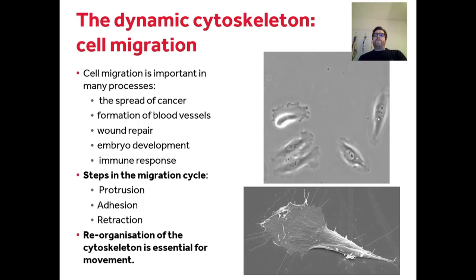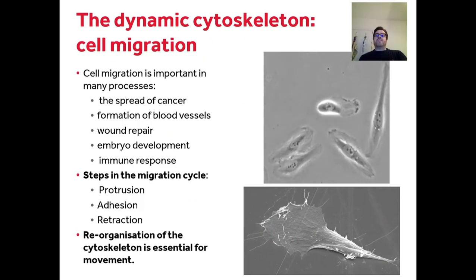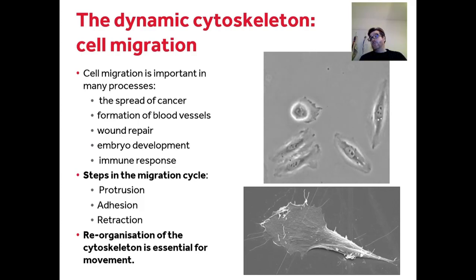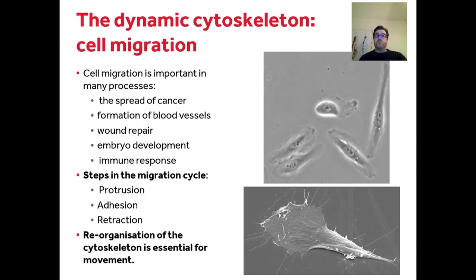So what roles does this play in actual cell behavior? Well, the first one we're going to talk about is cell migration. And cell migration is really important in lots of biological processes. It's really important in the spread of cancer, so that's a pathological example. But really useful things like forming new blood vessels, wound repair, development of embryos, and your immune tissues, which the